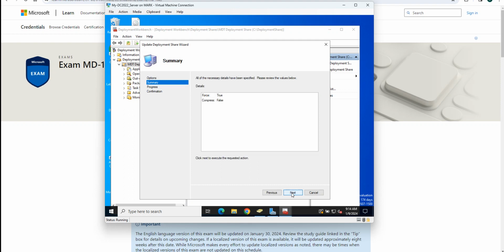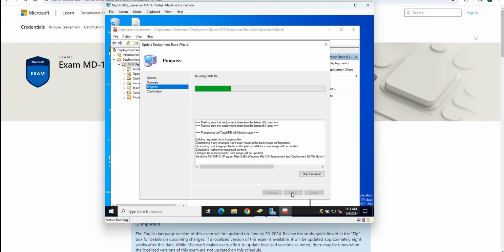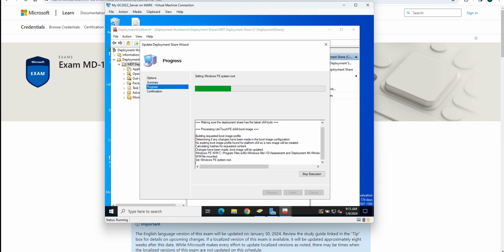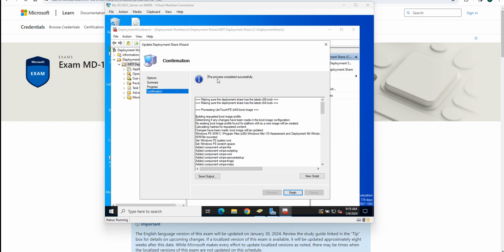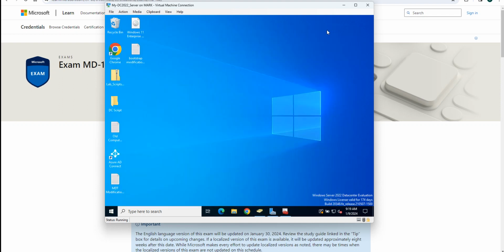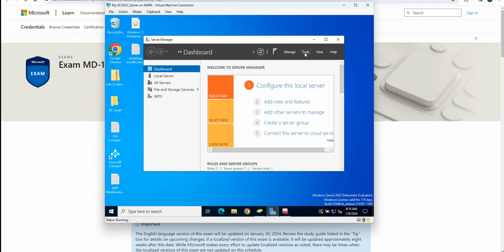So we're going to click next, next, and it's going to go through the process of regenerating those rules again. I'm going to be pausing on this for you guys until it's completed. Okay, folks, the process of updating the deployment share wizard is finished. As you can see now, we're going to minimize that. We need to update also for sure